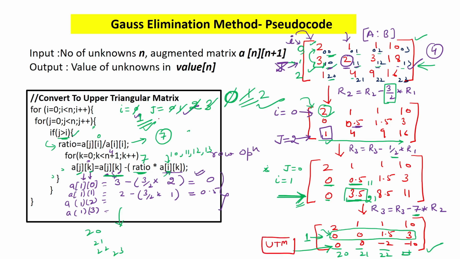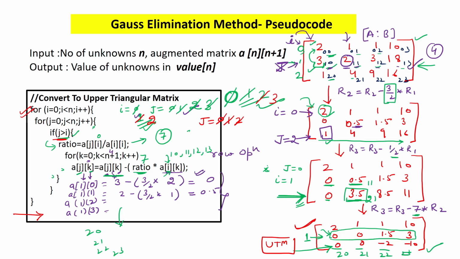Now if you run this loop again, then you will see that j will be again 3 and this j loop will be false. I will again run, i will be 2 and j will be 0. But as j will never be greater than i, j will be incremented to 1, 2 also, but this if will not be true. So at last, the outer i loop will be false and we will come out. So finally, we have this matrix.